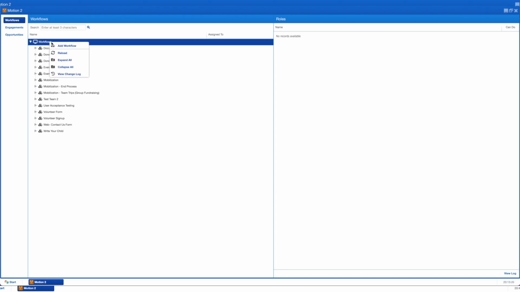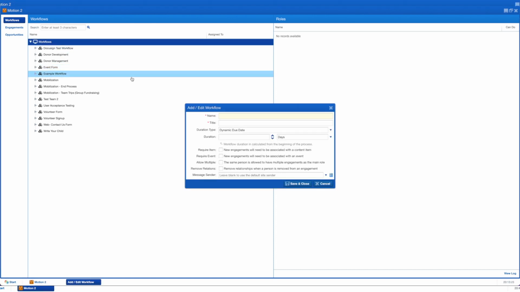First, we are going to right-click on the Workflows icon and then click Add Workflow. In this pop-up, we can name our workflow and configure a few settings. Give your workflow a name. It can be anything you'd like. We'll call ours Favorite Food. You'll notice that the title field also fills in. The title is what will show externally or in the dashboard, while the name is what you will see here